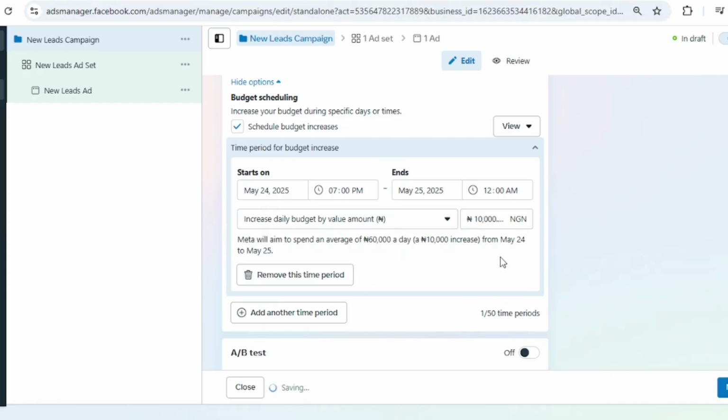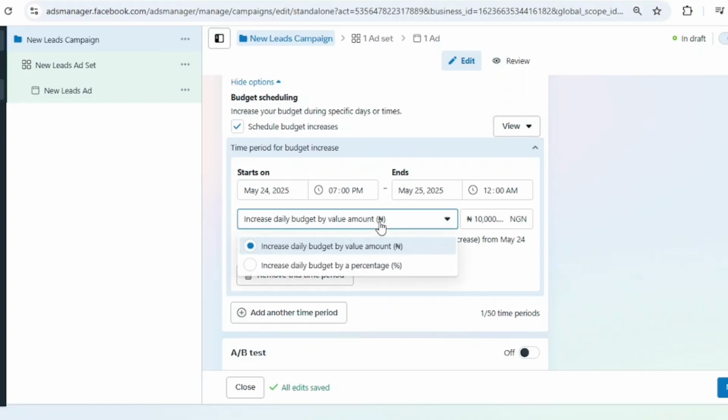What this will translate to is that even though my daily budget is 50,000 naira on a daily basis, during this time period, 7 p.m. to 12 midnight on this day, it's going to increase my daily budget by 10,000 naira, but that 10,000 naira will only be functional during this 5-hour period. Did you get that? Exactly, that's what happens.